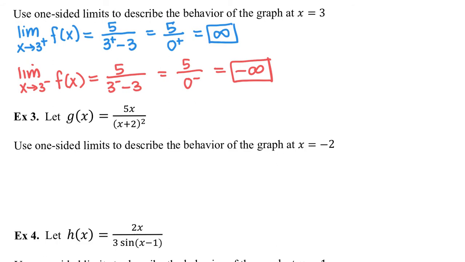Okay, let's look at another function and the asymptote. So g of x is 5x over (x plus 2) squared. There is an asymptote at x equals negative 2. So we're just going to look at the behavior of the graph on either side of the asymptote. So on the right side of the asymptote,